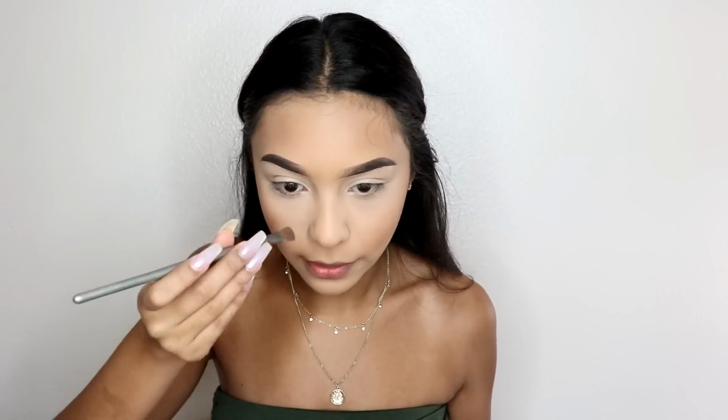So now I'm just going to get a BH Cosmetics brush and kind of lightly contour my nose a little bit. I'll always have to do this step because if I don't, I just feel like my makeup looks so weird. And sorry, my eyes look a little bit crazy right now because I didn't set them yet, but...